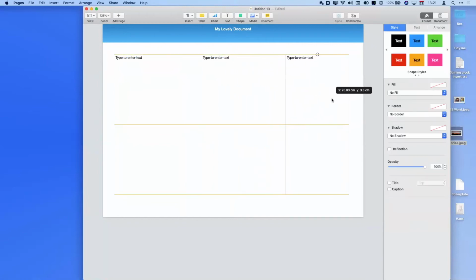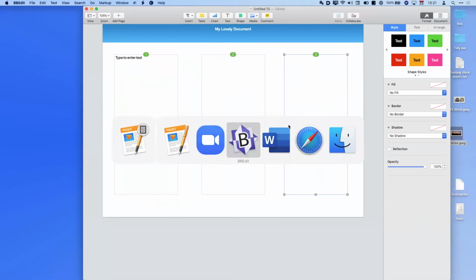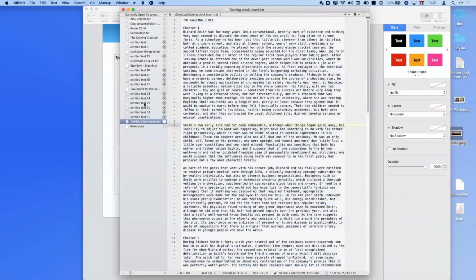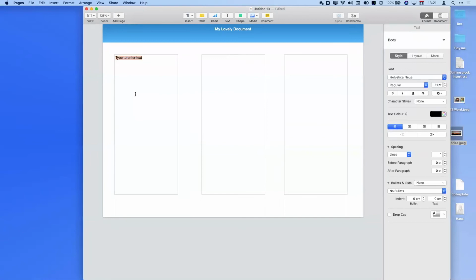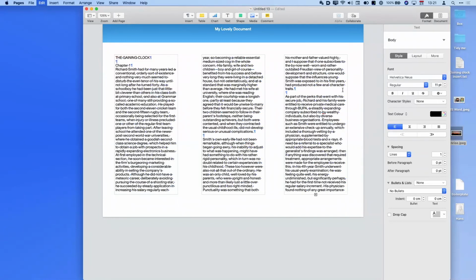Now you notice these little handles up at the top. One of the things I can do is click this, and that turns this into a linked text box. So you see the number 1 there, I click on here, number 2, number 3. These text boxes are now linked together. So if I go back to my text and select this and paste, you can see how the text flows from one box or from one page to another. And if I take this out,